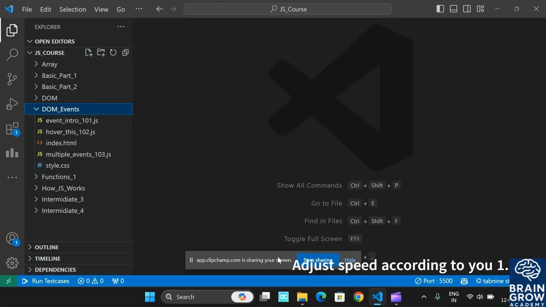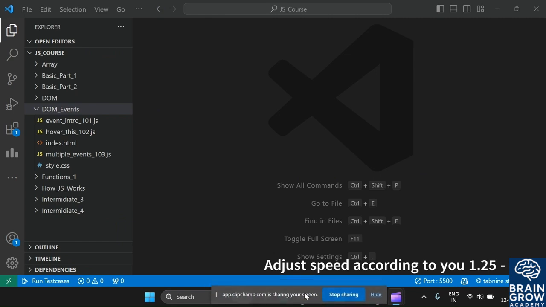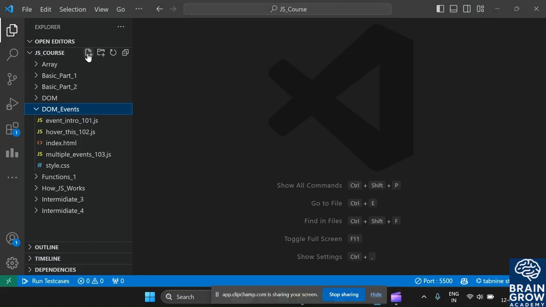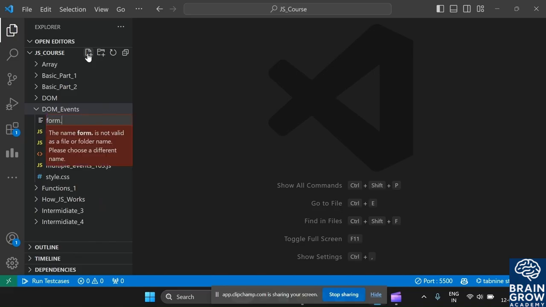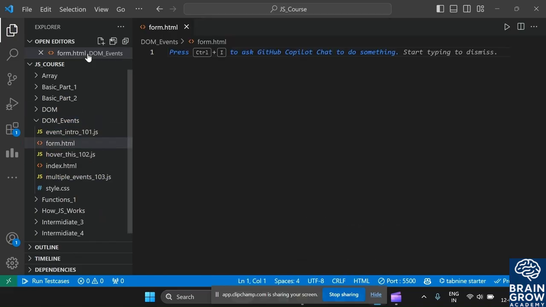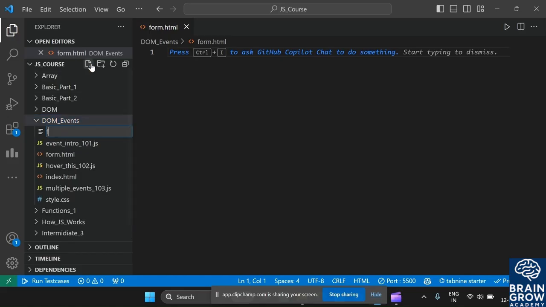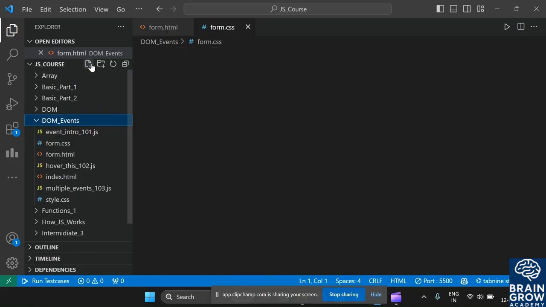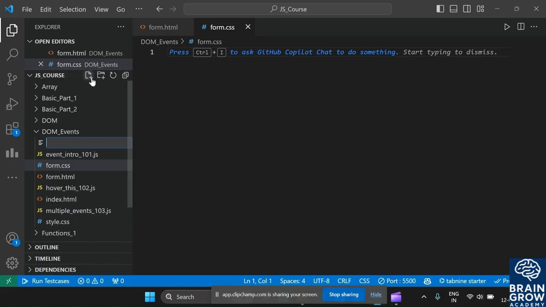Hello everyone. In this video, we will create one user form and store the user data into local storage. So for that, let us create one HTML file, form.html. Also, let us create one CSS file. We give basic style, form.css, and create one more file,